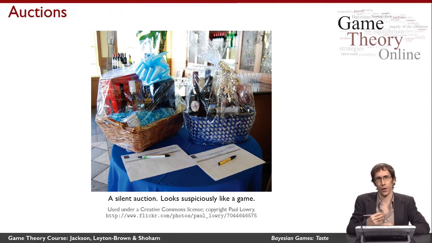And so this is a case where I'm not quite sure what other players' utility functions are, even in cases where I can imagine what all of the actions taken in the game are. So this is a different sort of setting than we've ever looked at before, and hopefully you can see that this is really necessary to model the case of auctions. It's really fundamental to an auction that I'm not quite sure what the good is worth to all of the other participants in the auction, and that fact is really critical to my strategic reasoning in the auction. So Bayesian games are a formalism that allows us to model this kind of uncertainty about the utility functions. And this week we'll go into Bayesian games in more detail.